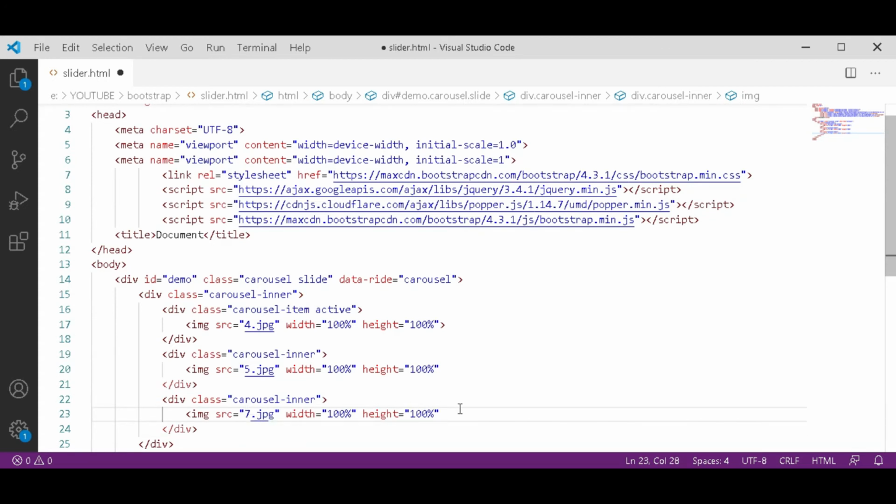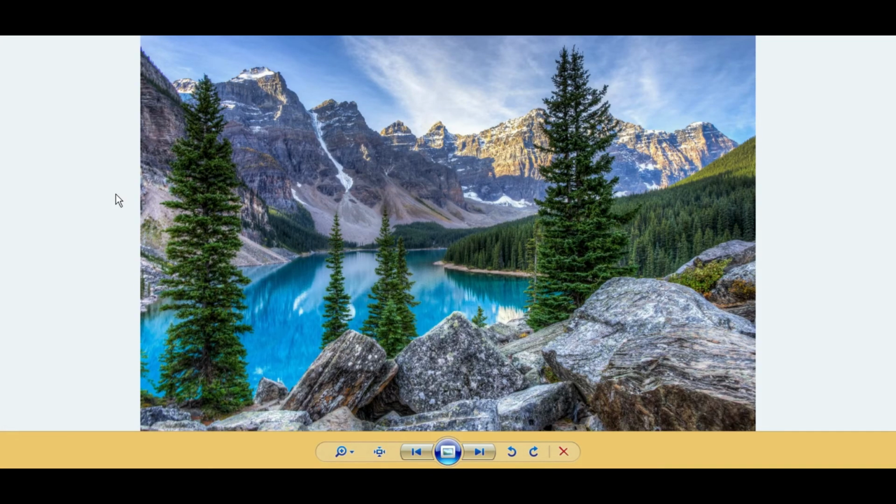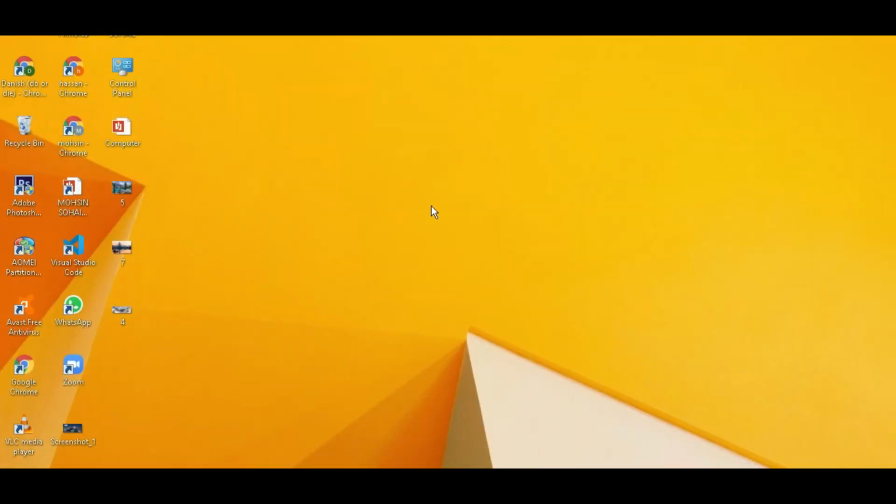I have already downloaded all the images which I have to show on the slider. Minimize this and I can show you this, this and this. These are all the images I have to show on the slider, but they are on the desktop.